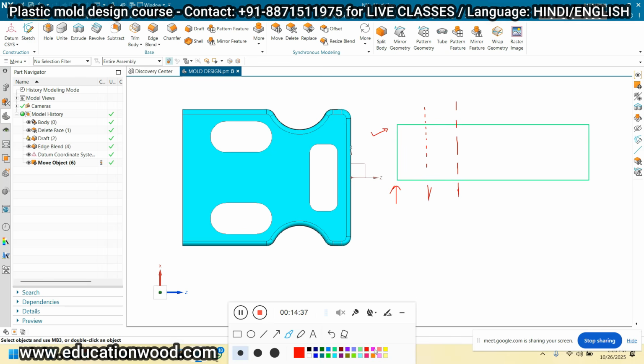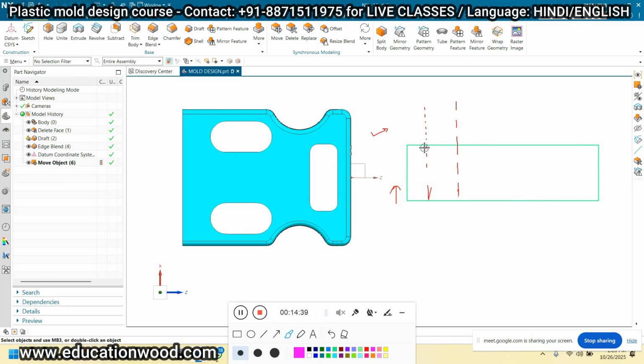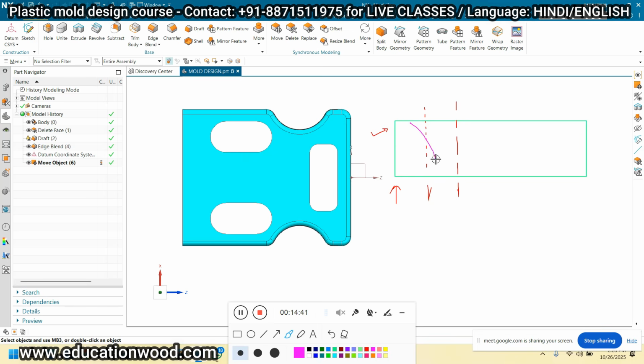Now this is the hole. This is the first hole. Now again I'm making the second hole, just for example.